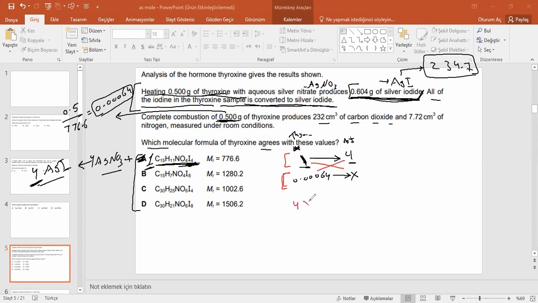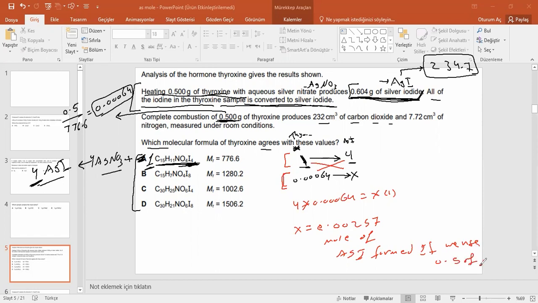So 4 times 0.00064 equals x times 1. In this scenario x will be 0.00257. What is this? This is the moles of AgI formed